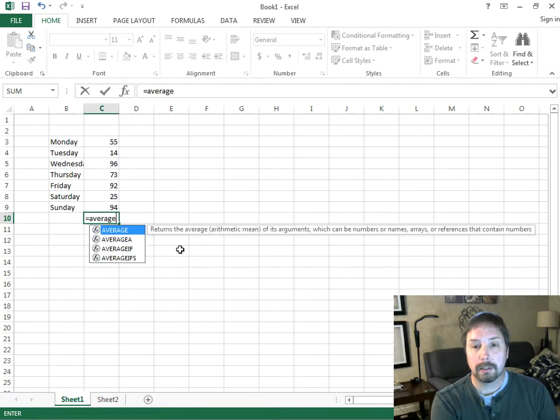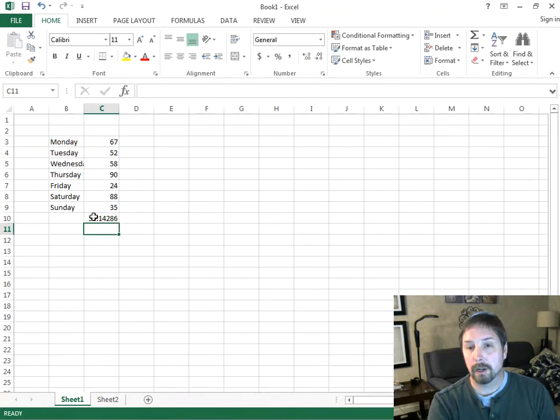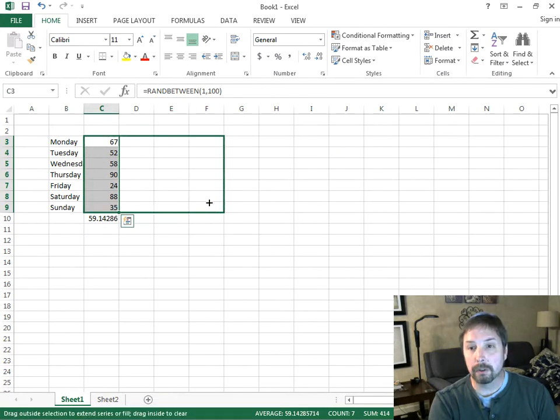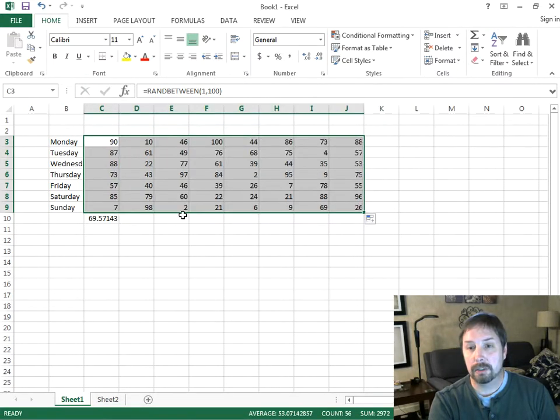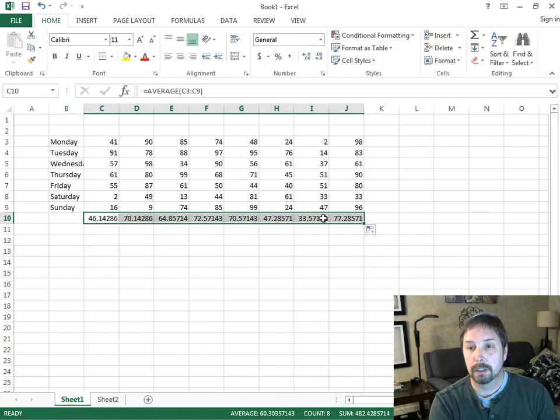And so I can do average, and then I can select the items I want the average of, press enter, and it will tell me on average I have 59.14 coins, which is about right. You'd think it'd be somewhere near 50, so that's a pretty reasonable average. And then let's just say that we did this for a month. So boom, boom, boom. We did it for, let's do 5, 6, 7, 8 weeks, just for 8 weeks. What the heck? And then we can calculate the averages by dragging this over, and we get the averages of